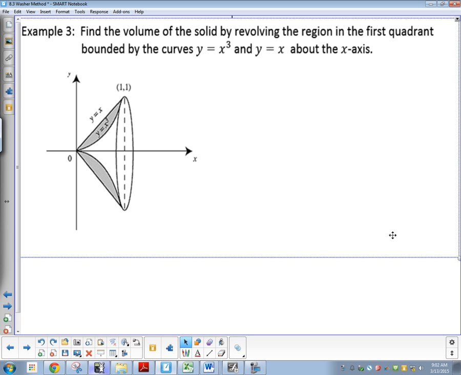I'm just going to go ahead and start working through it. Find the volume of the solid by revolving the region in the first quadrant bounded by those curves around the x-axis. It's going to make a circle because I'm revolving it. So to find the volume,